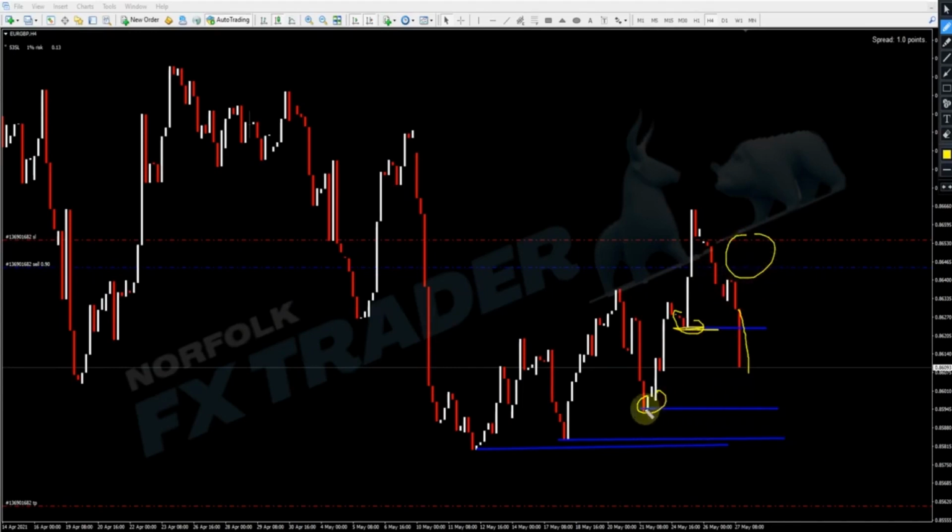I may look at taking some profit off at this low. Just depends how I see the market approaching it. If I start to see smaller and smaller candles, then I'm definitely going to take another good lump off this trade at this area. Remember, we need to be taking those partials as we're taking a trade. And then this is my final target based on that low where I believe the market will need to go